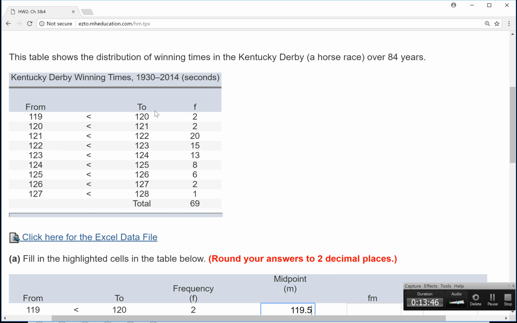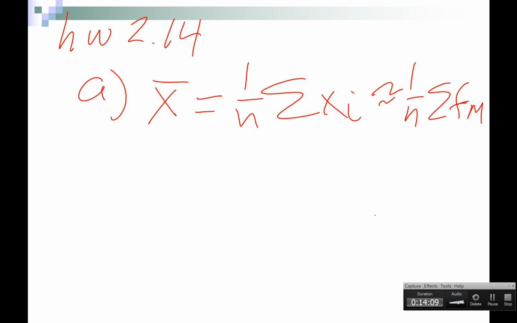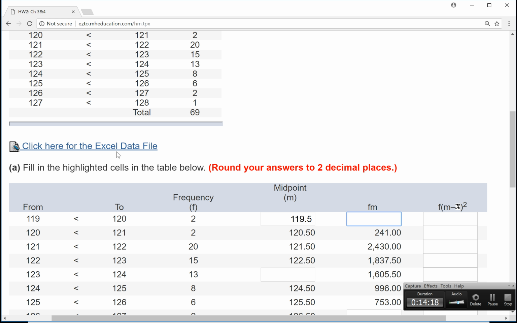So if I want to know what the total sum is for these two observations between 119 and 120, I can't know what it is, but I can estimate it by saying I've got 2 in that bin. Let's multiply 2 by the midpoint. So 119.5 multiplied by 2 is going to be my frequency times the midpoint, or the total sum of the x values in that range. Okay, so in order to get what I'm looking for, I just need this column f times m,